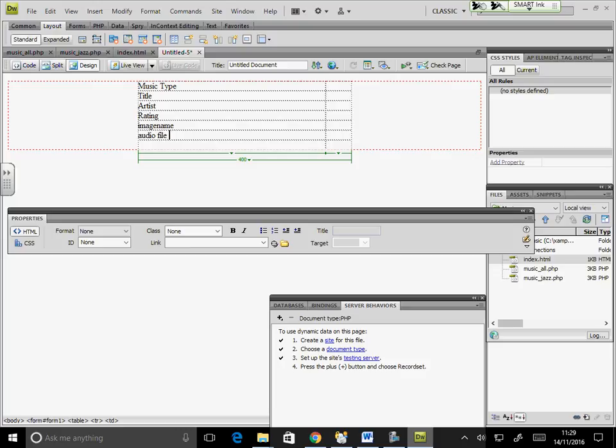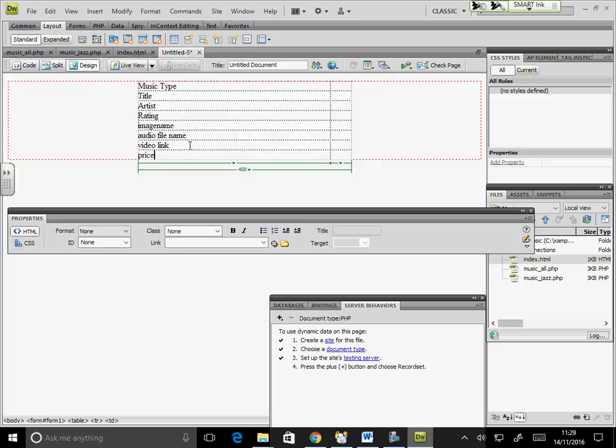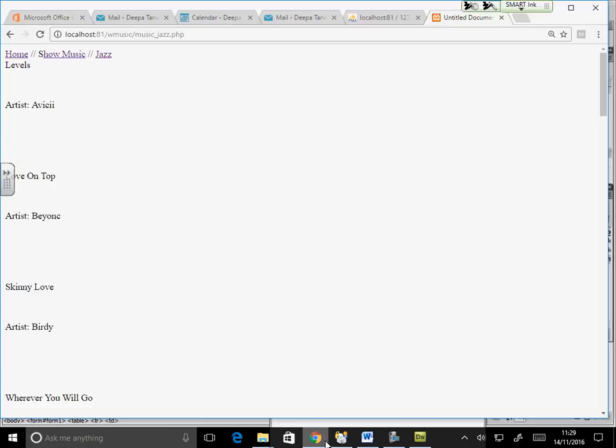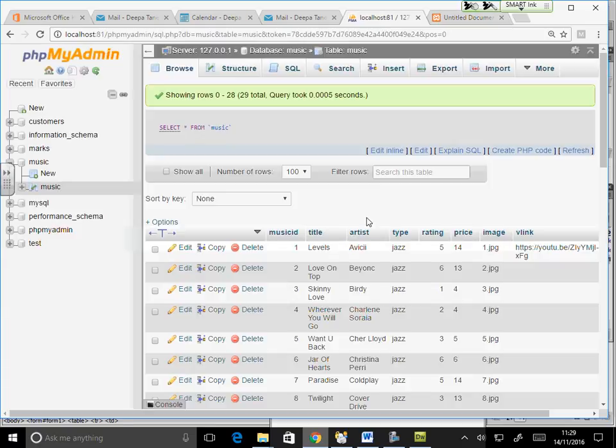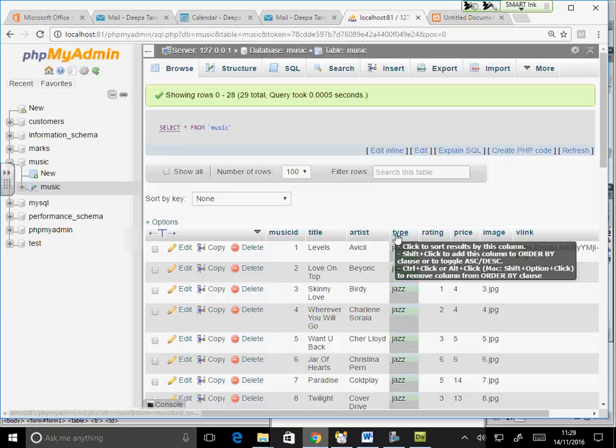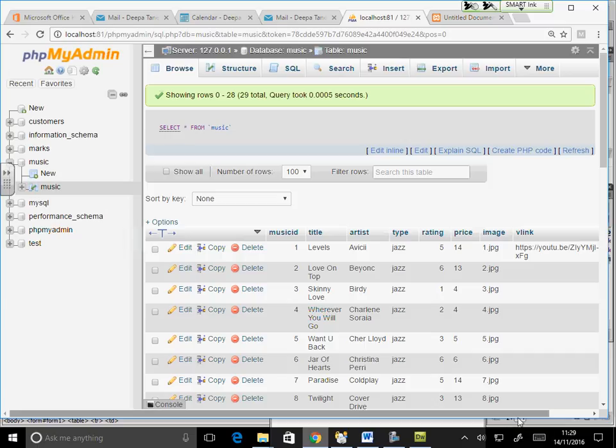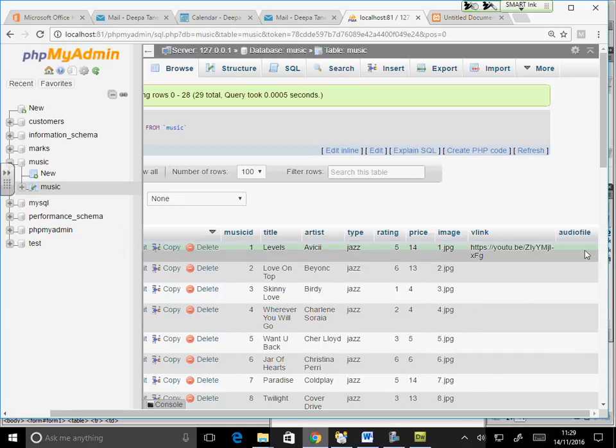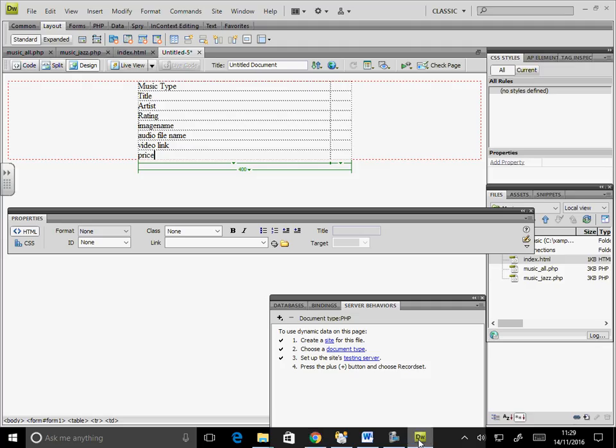Audio file name. And there is video link. So music type, title, artist, rating, image name, file name, video link, and I think there's one more, which is price. And I can always cross check on this. So I've got title, artist, type, rating, price, image, video link, and audio. Does that make sense? These are the fields in my database, so these are your fields.